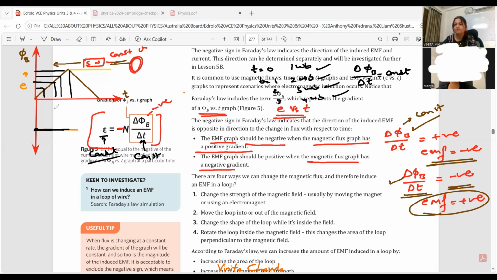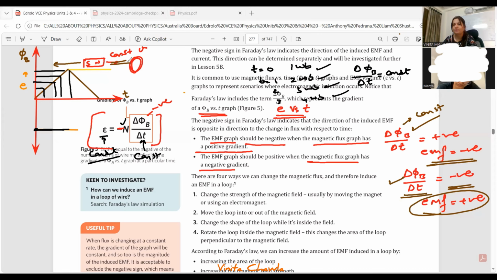But with a negative sign. Why? Because we have a negative sign in the formula. So we are just drawing the straight line below this line, along the negative direction. We have drawn it. In the second case, let's take another situation where your phi b is decreasing with time